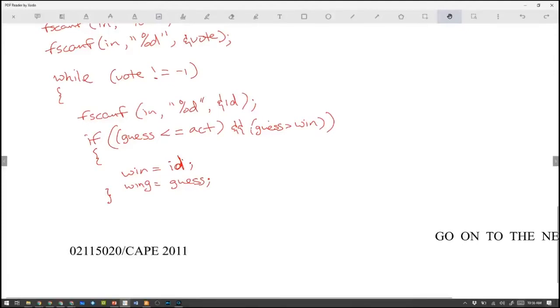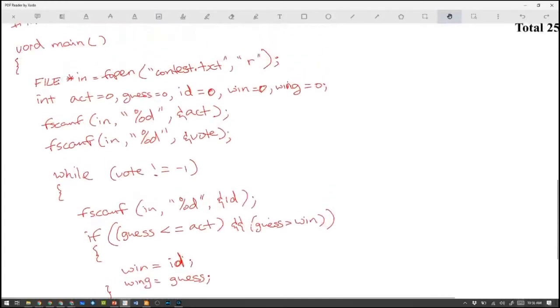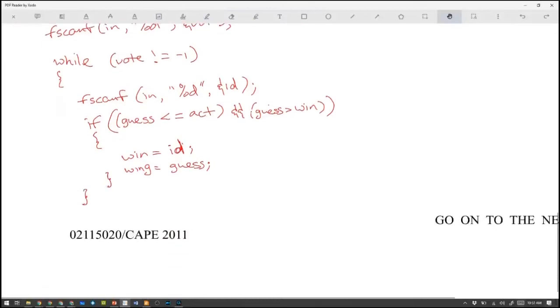And then we end the while, and now we have to do the output. So we need to create the output file. File out equals fopen winner.txt, and that is in write mode. And now we're going to print